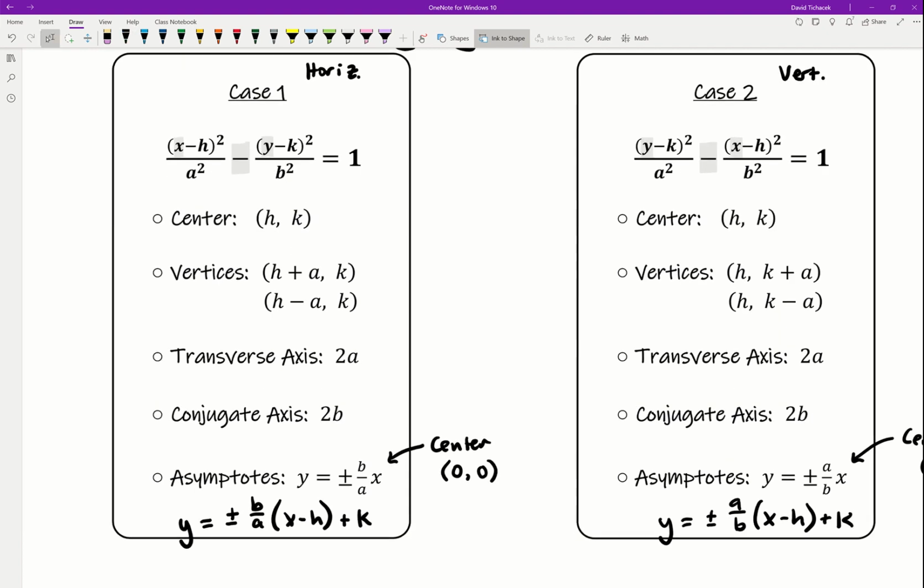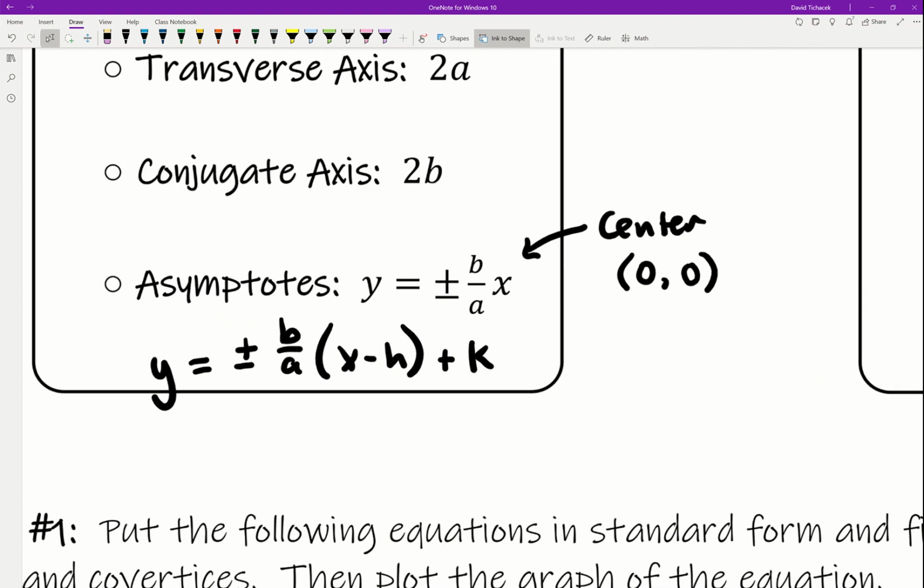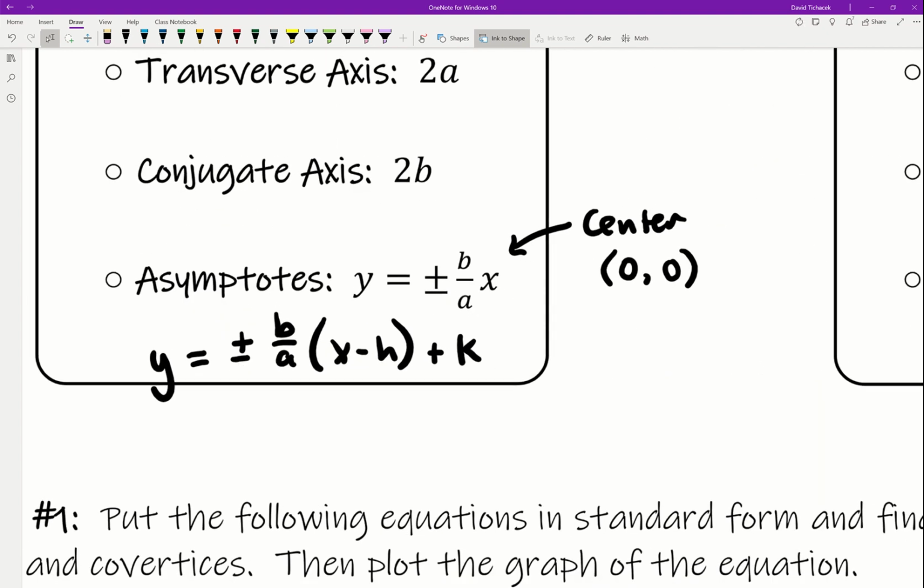And then, as always, you have all these different characteristics that all have formulas that tell you what each of these moving pieces are. And instead of reading through them, I'm just going to demonstrate them in an example here in a moment. One quick thing that I do want to point out is in your notes, what I have printed on the page is the formula that you can use to get your asymptotes for a hyperbola if the center is at 0, 0. But what I want you to do is also write down this other formula here